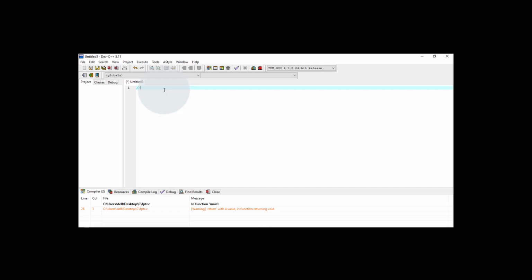I'm writing creating structure in C language, and one more entry you can add over here is declaring structure